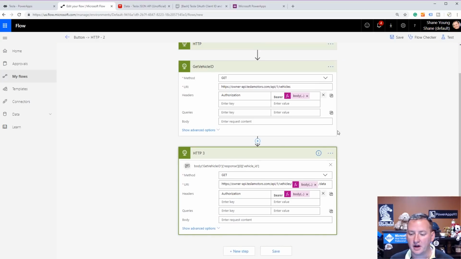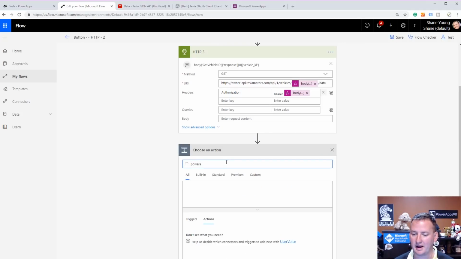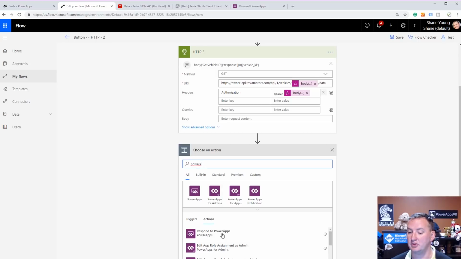So if you've done anything with Flow and Power Apps before, you're probably used to going in here and saying new step and then Power Apps like this. And then saying respond to Power Apps, okay? That works great when you want to return just little pieces of data. But when you want to return this whole structure, right? The 800 lines of code or JSON that it knows about my car,